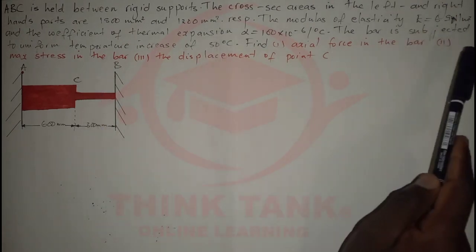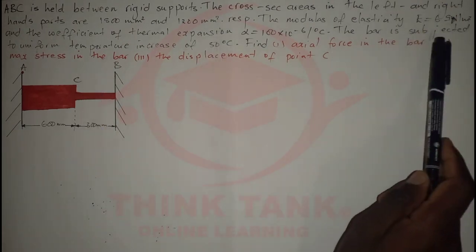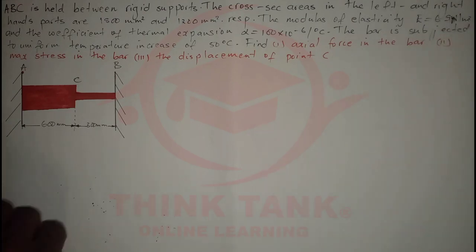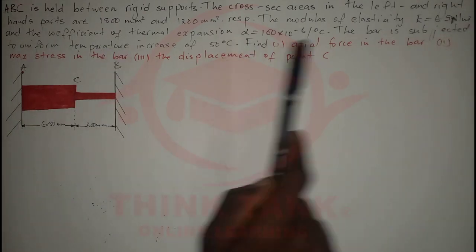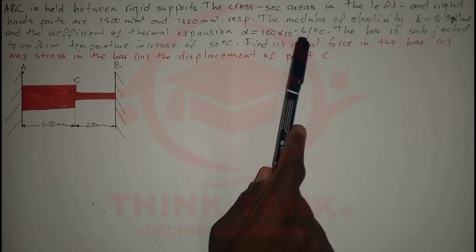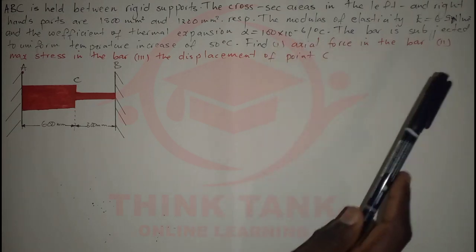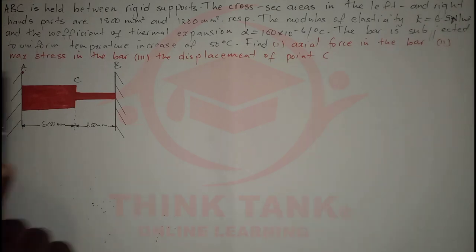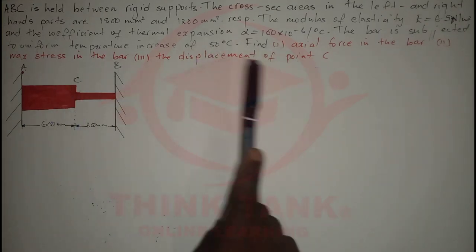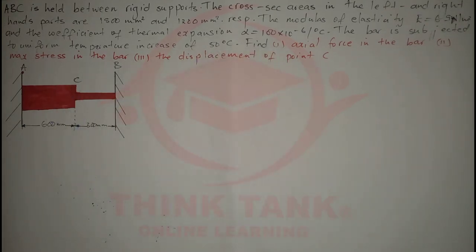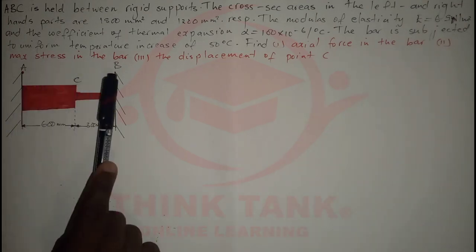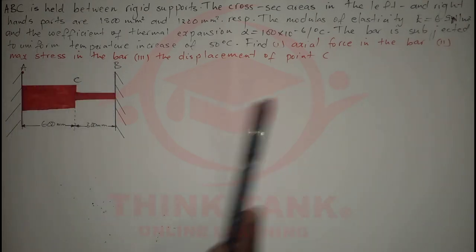The modulus of elasticity, E, is equal to 6 giganewtons per square meter. And the coefficient of thermal expansion is given, which is alpha, 100 times 10 to the power negative 6 per degree Celsius. So the question continues. The bar is subjected to a uniform temperature increase of 50 degrees Celsius. I want to find the axial force in the bar. After that, we're going to find the max stress in the bar and also find the displacement of the point